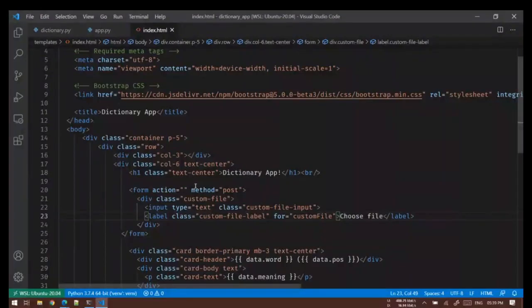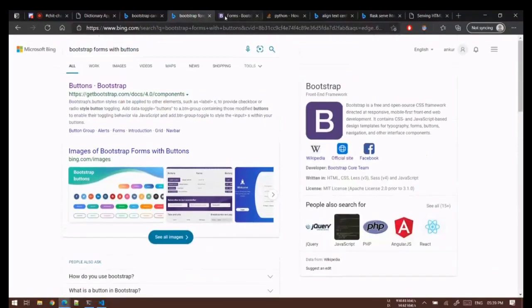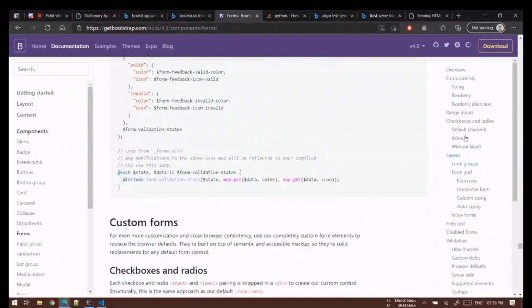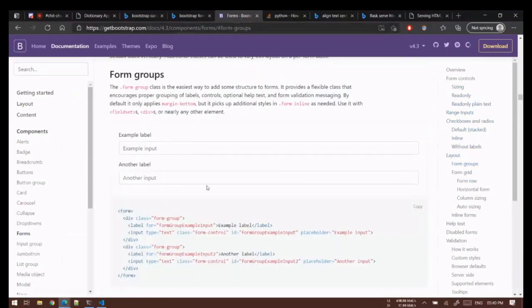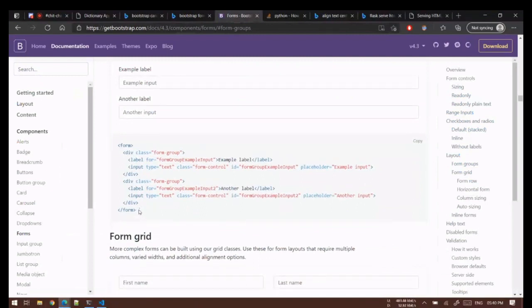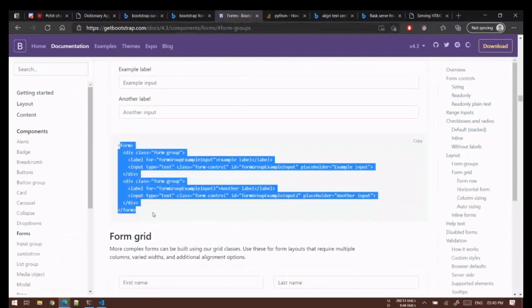Just give me a minute. Custom file label. Okay. Where is it? Layout form groups. Okay. Anything will work.